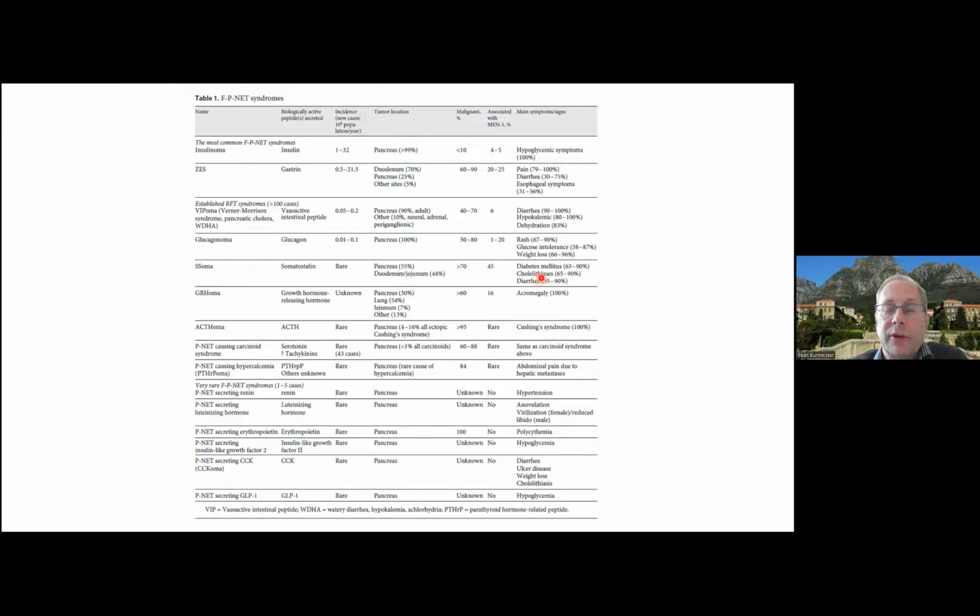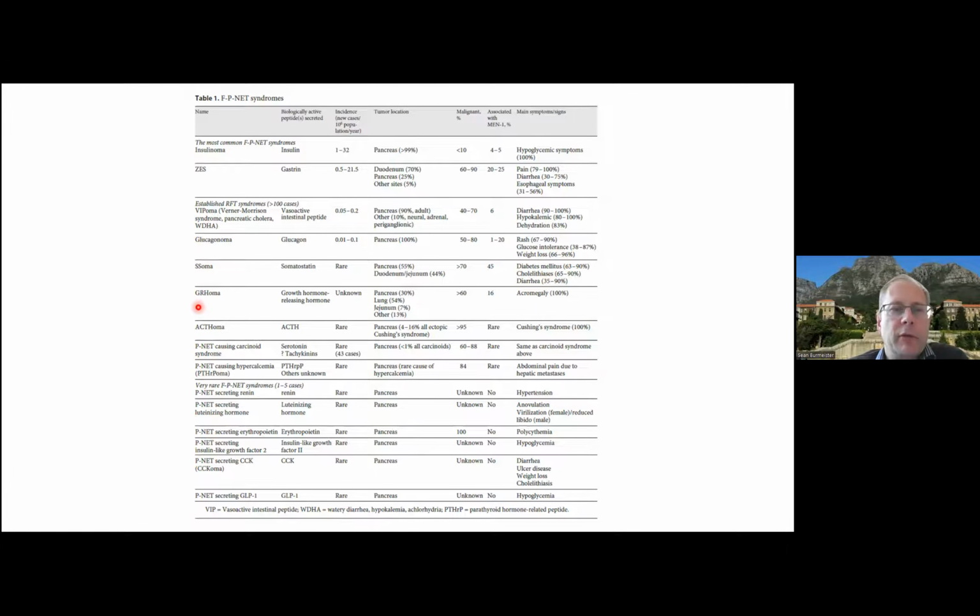Somatostatinomas, these patients present with gallstones, diabetes, as well as diarrhea. Okay, and that's really where I'm going to stop. I think those are the important conditions or syndromes that you need to know about, but bear in mind that there are a number of others,